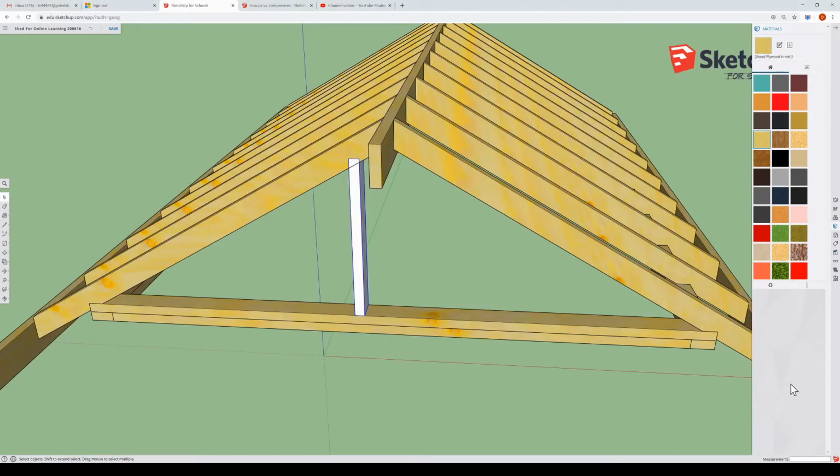Now, the advantage of a group as opposed to a component is that you remember how when you change a component in one place in a drawing, it changes it everywhere? A group, you can copy to several different places and edit them individually, and they won't change everywhere in the drawing. So when we're going to have a bunch of different pieces that we're all going to edit and we're going to copy them, it's best to